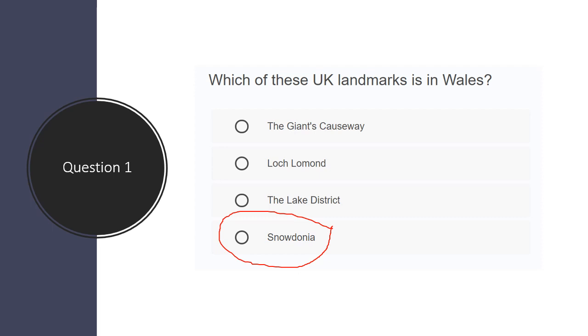Okay, for example, the question can come, which of these landmarks is in Scotland? Then what would you do? So you need to understand. The Giant's Causeway is in Northern Ireland, Loch Lomond is in Scotland, and the Lake District is in England. Understand one thing, that in Scottish, the word loch is for lake. So obviously, wherever you see loch, it is Scotland. No questions about that. The Lake District, 15 or 16 lakes in the Lake District, which is in England, is a very, very famous place. Okay, so that's how you sort out your